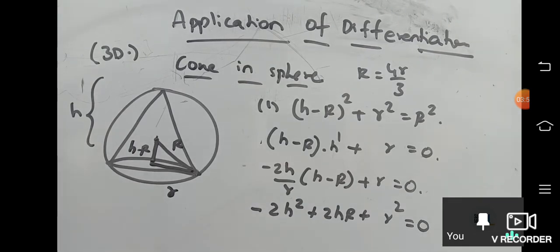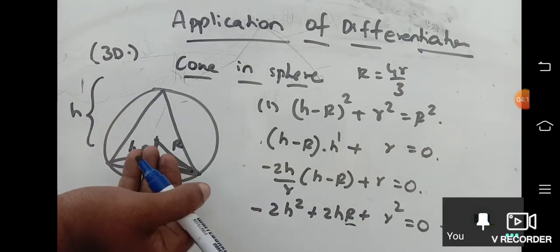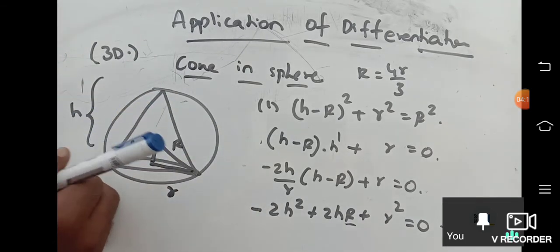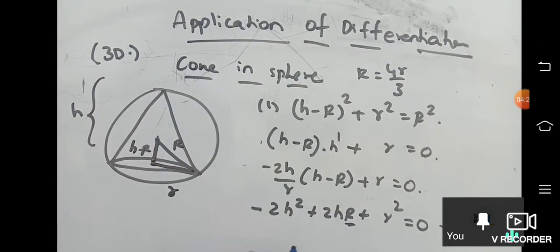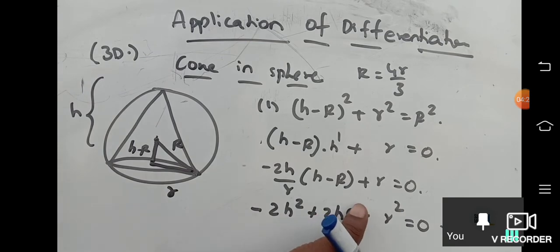Again, you want to take minus common. Without taking minus common also, think, no problem. Okay? See, in this question you are stuck here. Correct? Because you are stuck with capital R. That is the problem in this question. Understood? The difference between the cone in sphere question and the other two questions is that in the other questions the capital R thing will not come afterwards. In the other question maybe one quadratic equation will come, but only here smaller came.